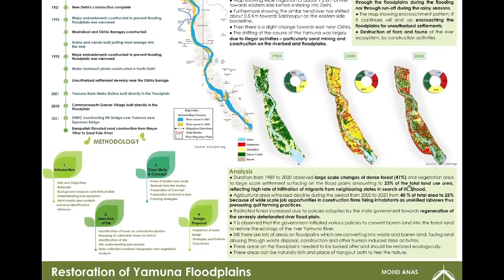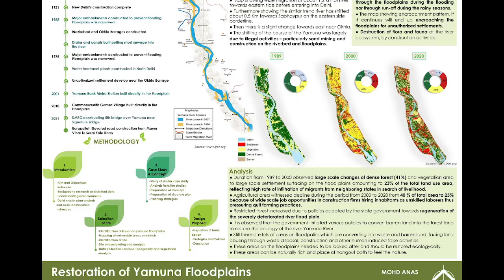Then coming to the methodology, I'll start with the aim, objective, and background research of the statistical data, understanding the river dynamics, and understanding and analysis of the Delhi Master Plan.